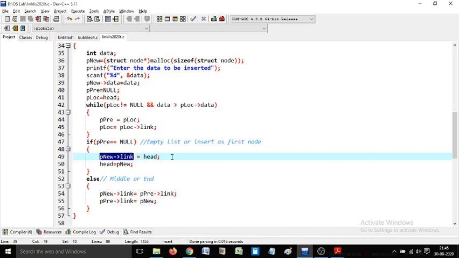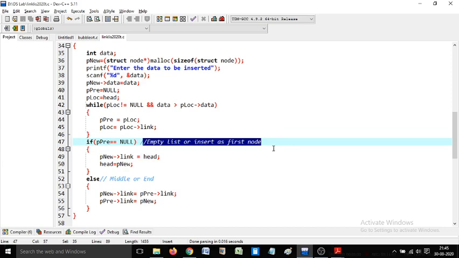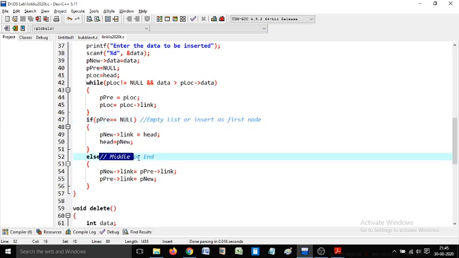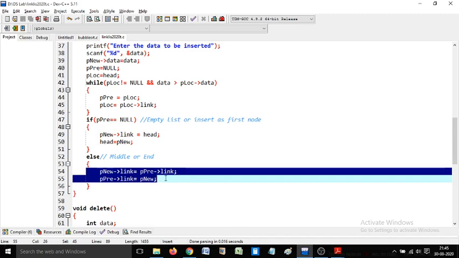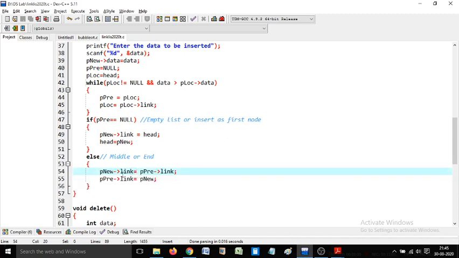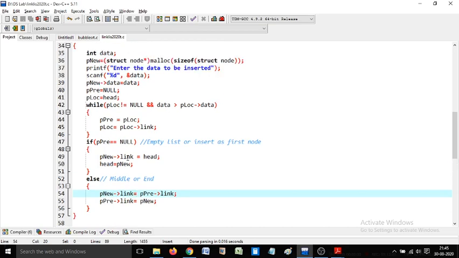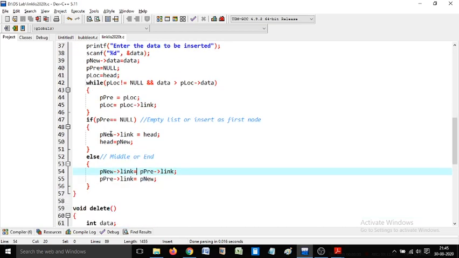This is how the statement has to be written. So this will take care of these two conditions. For the remaining two conditions, the middle and the end, the algorithm gives the same two lines. I have simply copy pasted them and changed the syntax to be correct for the C programming language. So the insert operation is implemented like this.